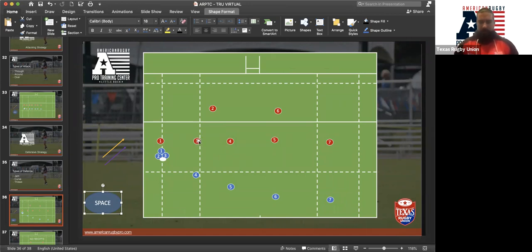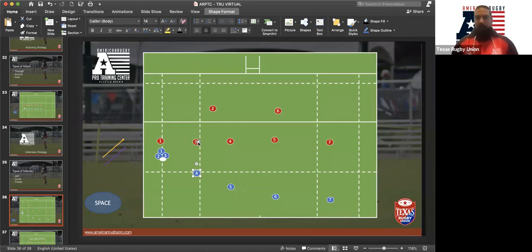A great way for us to do that is to position ourselves either on the inside or the outside of the defender. If we position ourselves on the inside of the attacker, then what will probably happen is that the attacker will take the outside shoulder and the outside line and move towards where the defense isn't coming from. So when we talk about the jam, what we're actually looking to do is jam up